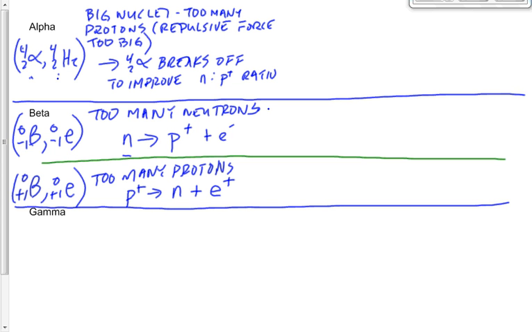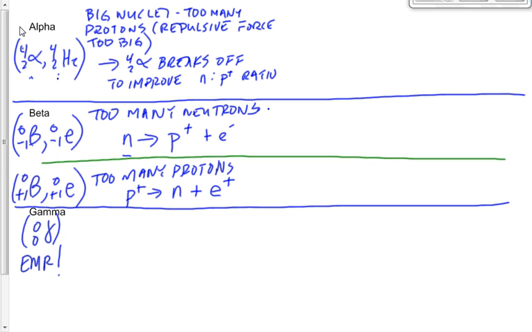And finally, gamma. Gamma is just electromagnetic radiation. No protons, no neutrons, no positrons, no electrons, no nothing. It's just radiation. Remember on the second day of our EMR unit, we said radio waves and microwaves are produced by oscillating electric charge. We said that X-rays were produced by rapid deceleration of electrons. We said that gamma rays were produced by